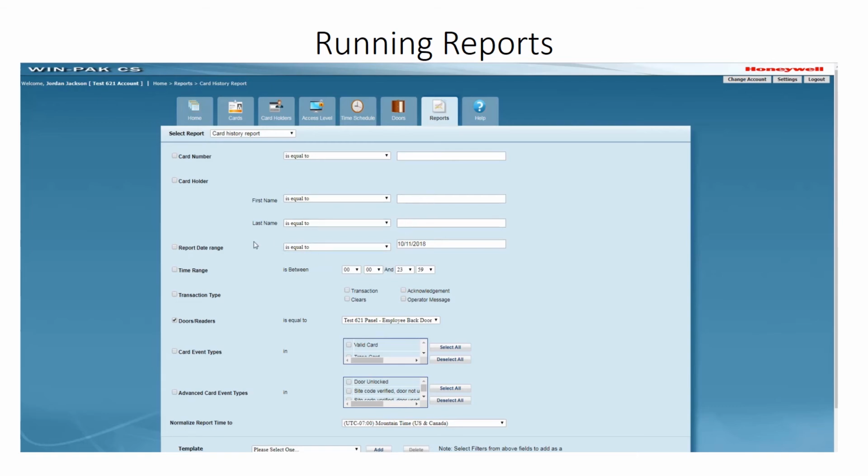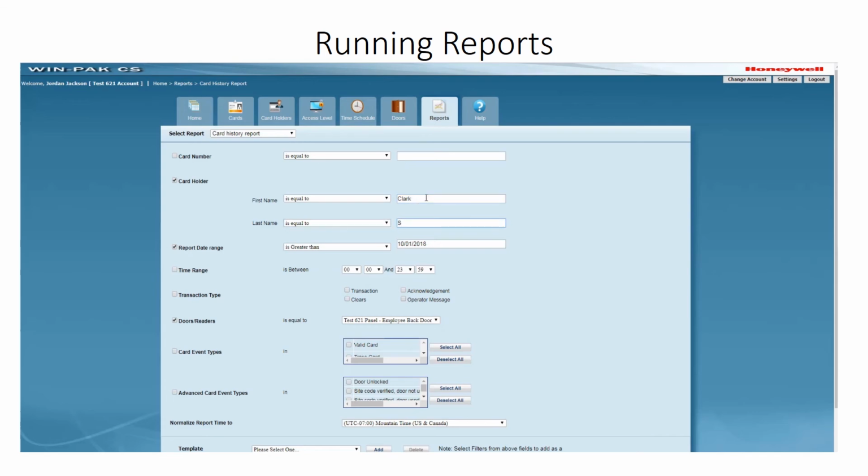And then you probably also want to add a date filter, so you would check the box for date as well, and say I'm only interested in today's date, or I could say I want everything that is, pardon me, greater than the first of the month. So if I'm not exactly sure what day I'm looking for, I can select that and say anything greater than the first of the month for the card holder that I select here, which would be